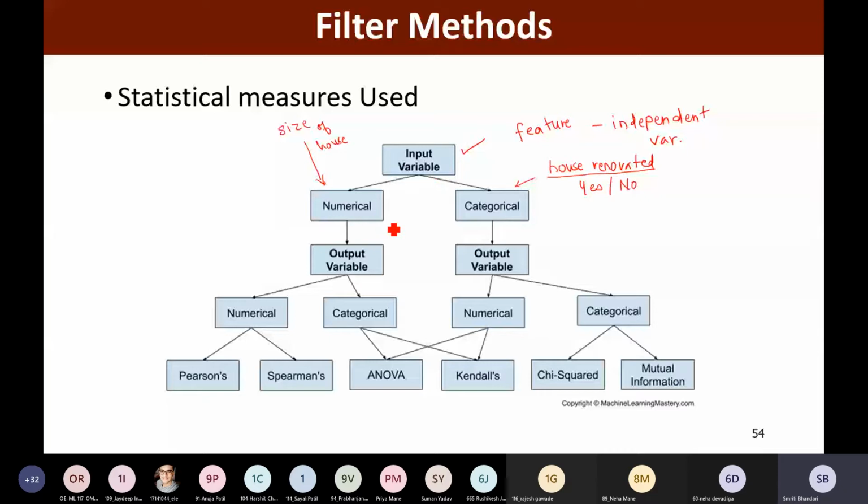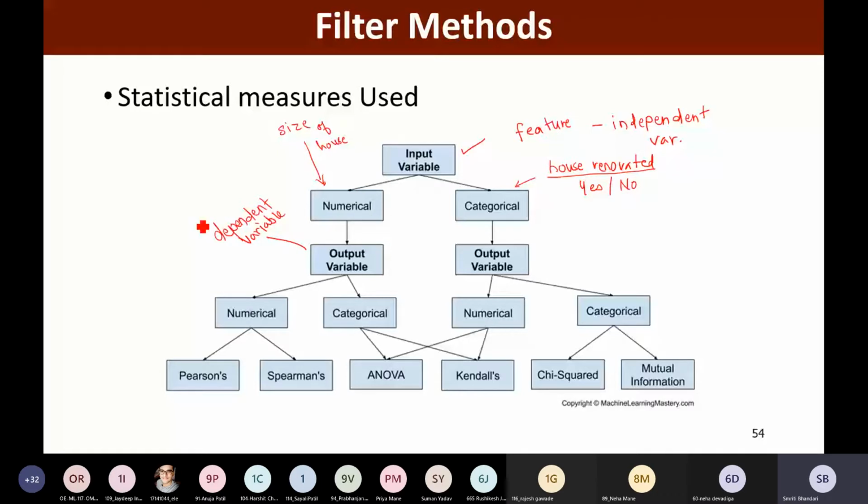Now if we have a numerical variable, then we will see what kind of output variable we have. If I have a numerical variable, say size of house, then we'll see what the output variable or the target variable is. The output variable is actually the dependent variable that we are going to predict. For example, in our housing price prediction problem, if size of house is one of the features, that is numerical, what is my output variable?